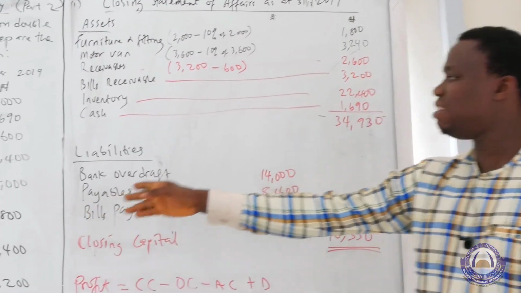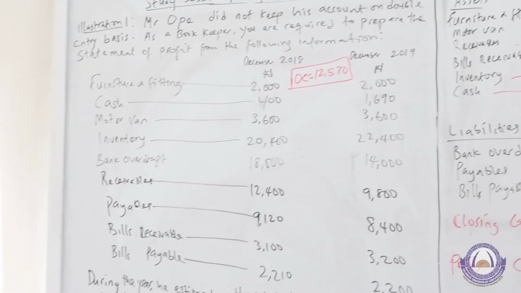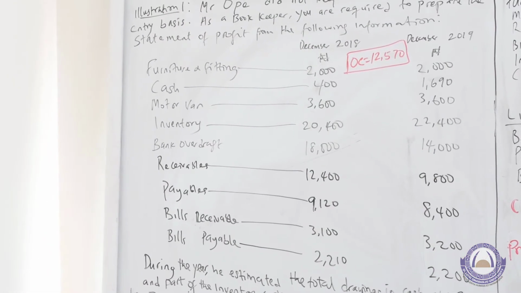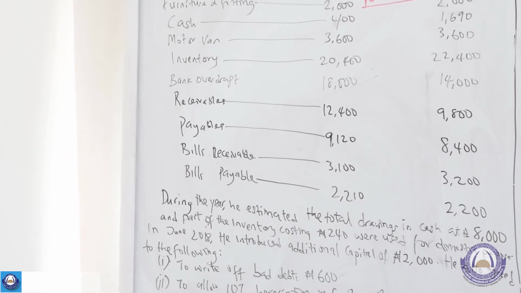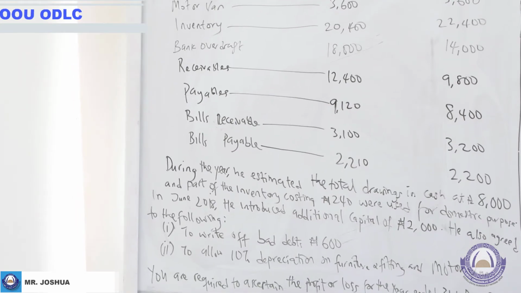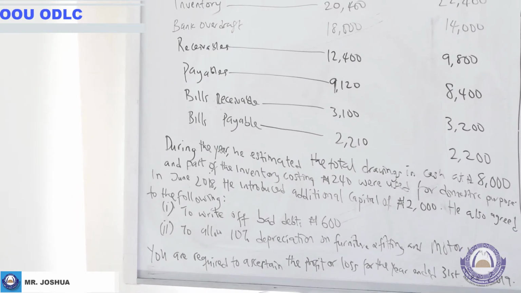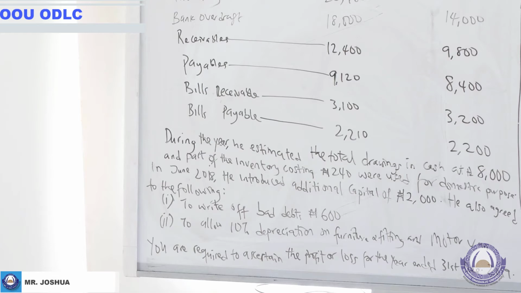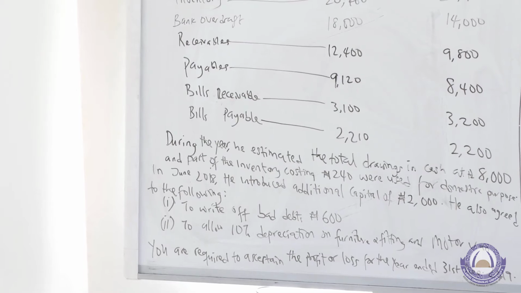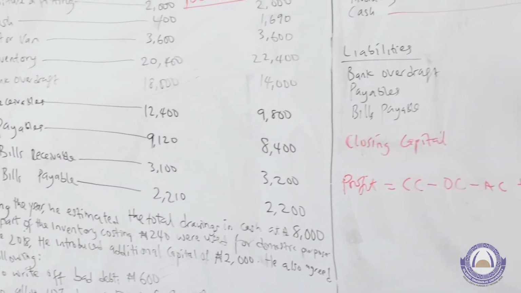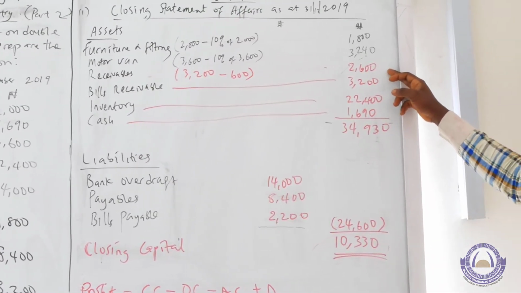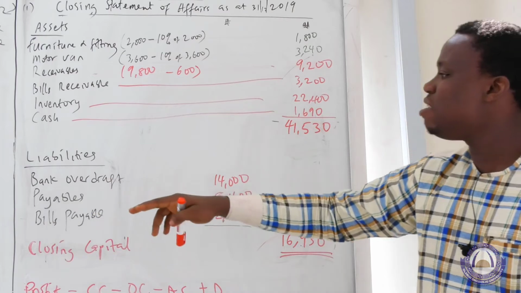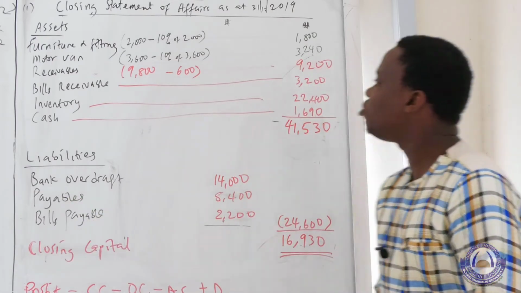The next item of asset is receivables. From the question, that is December 2019, receivable was estimated to be 9,800 naira. But there's an additional information that Mr. Okpe agreed to write off a bad debt of 600 naira, meaning that he had 3,200 naira to receive before, but 600 naira has gone bad out of his receivable. So it means that Mr. Okpe will be expecting to receive 2,000